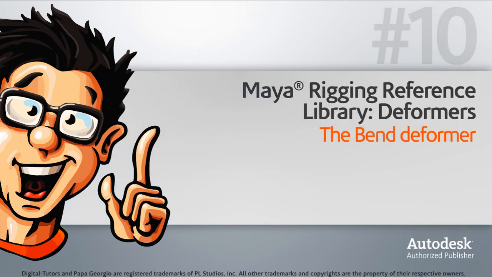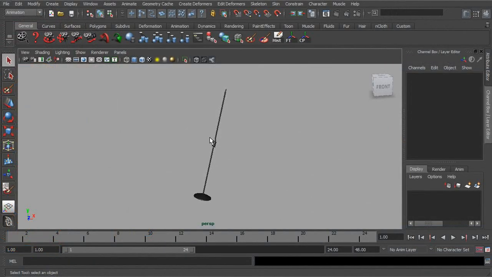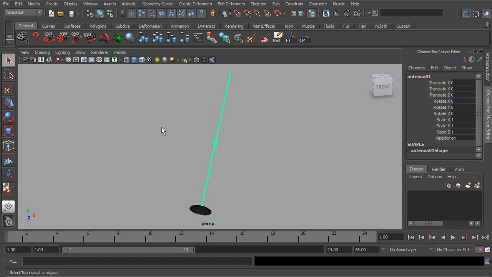In this lesson, we'll learn about the nonlinear bend deformer. The bend deformer is straightforward. It will add bend deformations to the object or objects we apply it to. In this case, it might be a good idea to add the bend deformer to this antenna for follow-through and